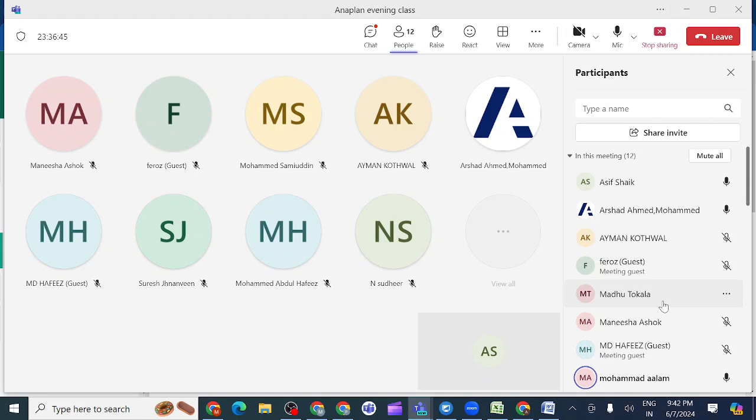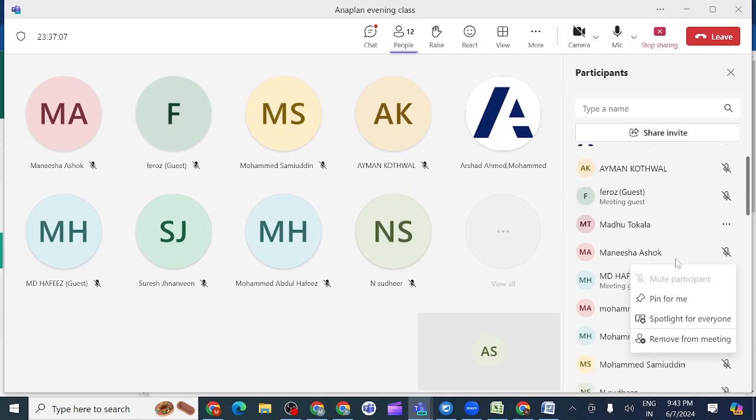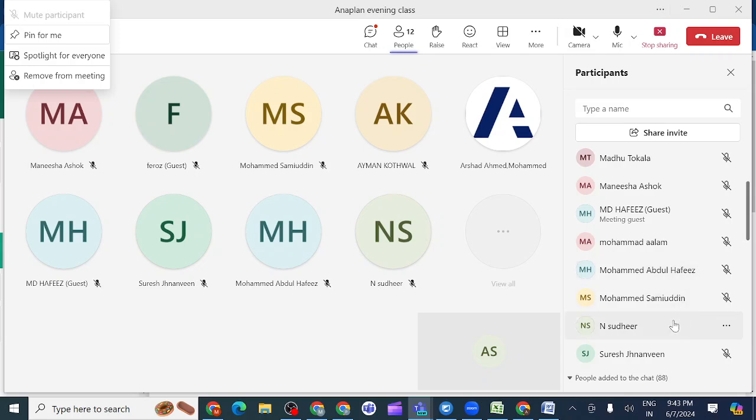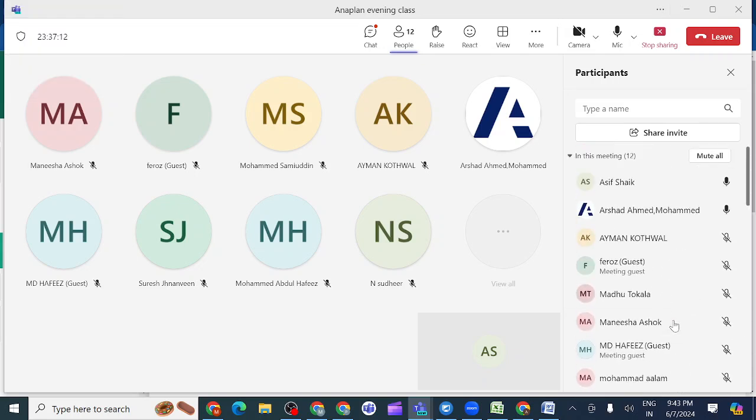Not Muthulakshmi. May I know who is this Madhu? Can you respond, sir? Can I remove it? I'm not getting who this is. Has Surohini joined? Is Surohini there or not?